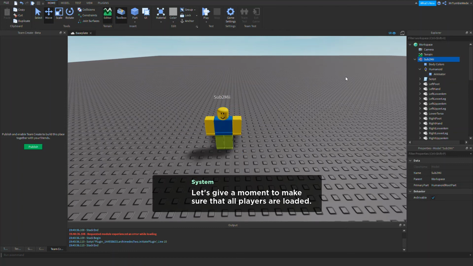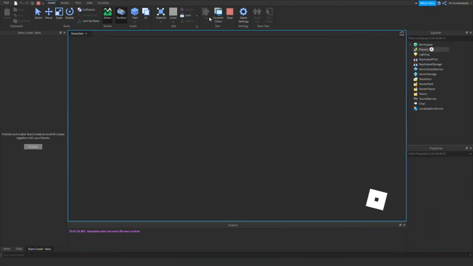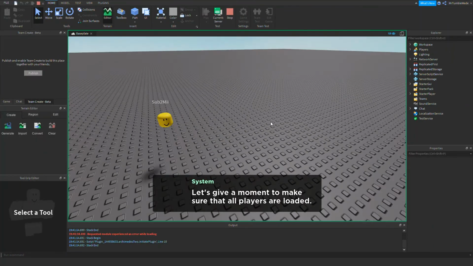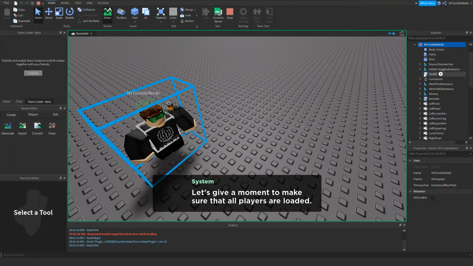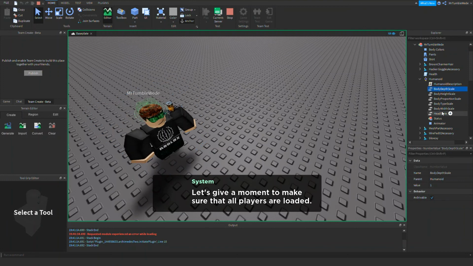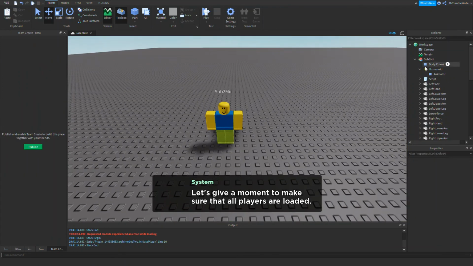But if you wanted to fix this, all you would have to do is get a game, there I am. Now I'll just copy these: the body depth scale, the body height scale, the body proportion scale, the body type scale, body width scale, and head scale, and status. I honestly don't know what status is, but I think it is important.